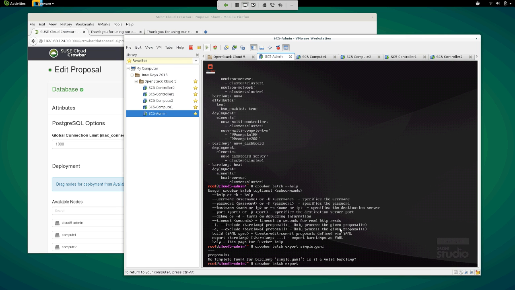So if I wanted to export database, and then export Nova, Glance, I would put that in the list here for what I want exported into my YAML file. So once you have your cloud configured, this is a great tool to go back if you need to recreate a cloud or you're doing multiple clouds in various locations. This is a great way to recreate that infrastructure. That's our batch deployment, fully automated infrastructure.